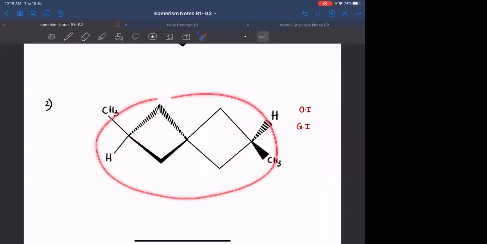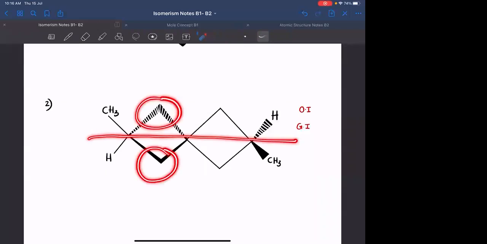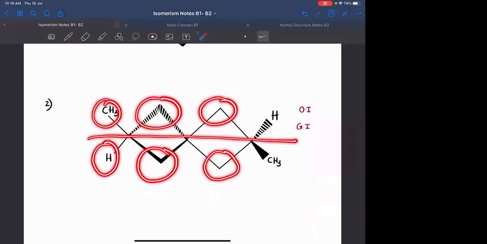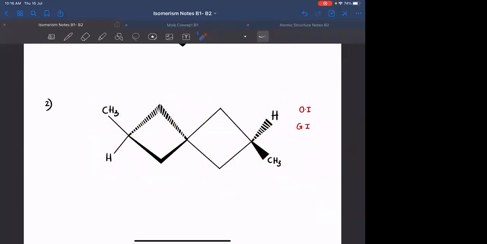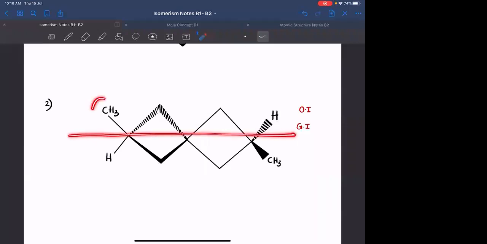Can this particular molecule show optical isomerism? Again, आपको करना क्या है? You need to pass a plane. Suppose I am passing a plane. This and this are symmetrical. ये वाला part, they are present on the plane only. No need to check for this. And these 2 groups are also present on the plane. But यहाँ पे आपको hydrogen है, यहाँ पे आपको CH3 है. Okay. So is this molecule symmetrical or asymmetrical? Everyone understood?